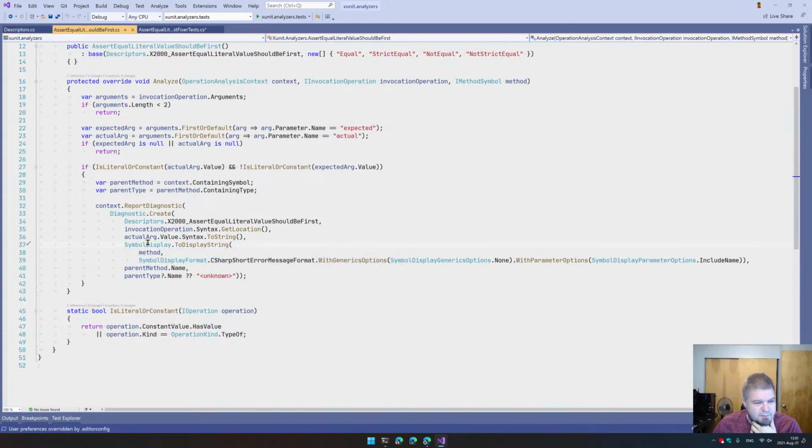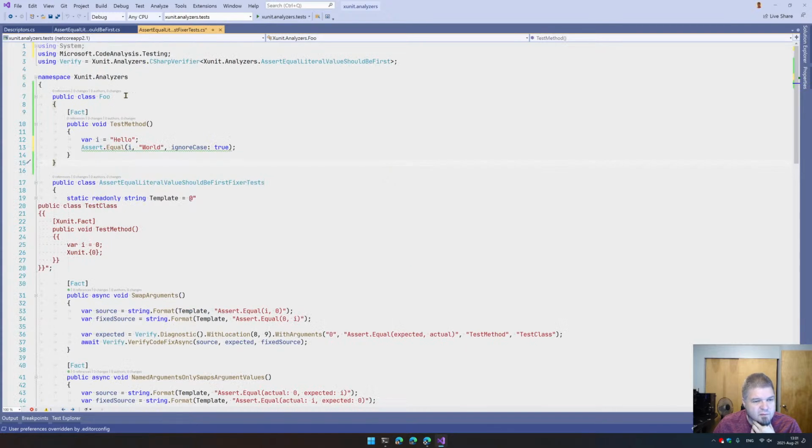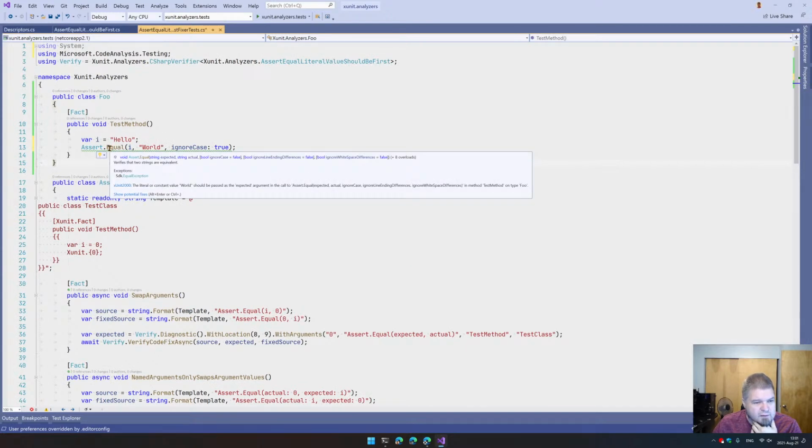This must be some Roslyn stuff, right? Display a symbol in the C# style. So the symbol in our case is the method that we're calling. And the literal or constant value should be passed as the expected argument in the call to assert.equal, and so that's this whole assert.equal, probably